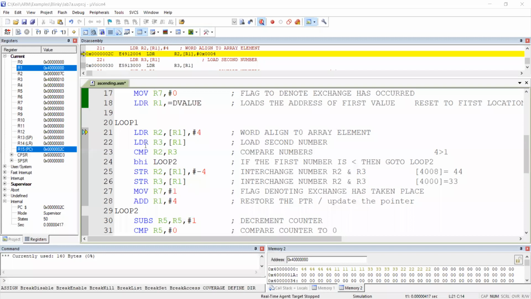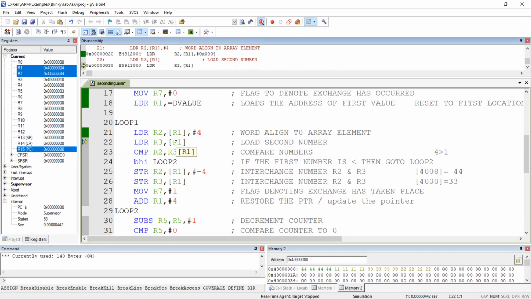So even for the next load, still you are taking the first element only. That means you are not taking the first element and second element for comparison. You are taking the first element, again the first element for comparison. That's not a correct logic. Hence, we are doing #4 post index addressing mode. Hence, when line number 21 completes, what are our answers expected? R2 becomes 4, R1 becomes 4004. Let's see. We can see R1 became 4004 and R2 became 4444. Whatever answer we have expected.